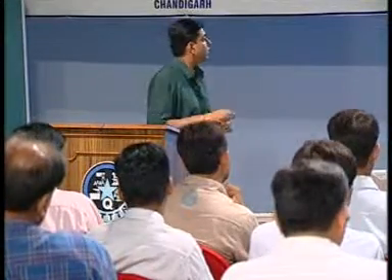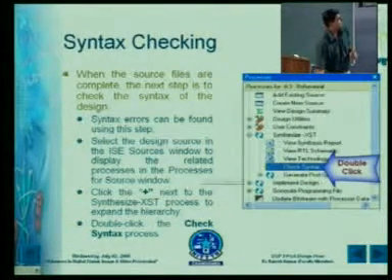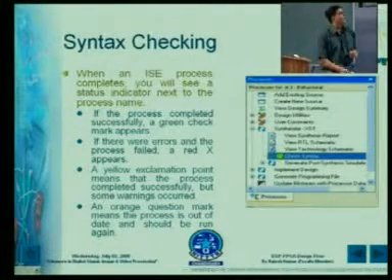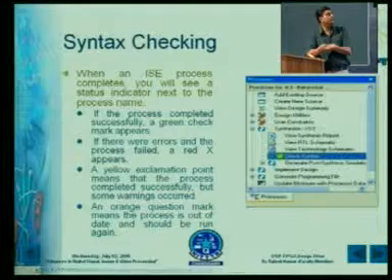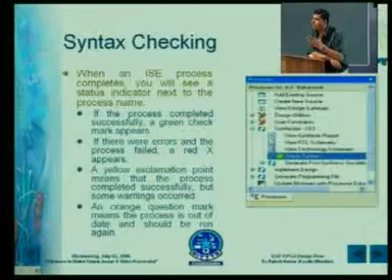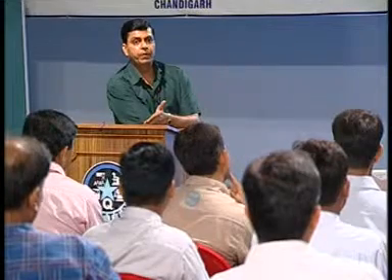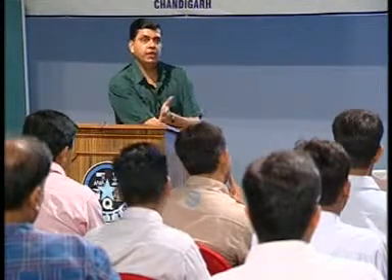Suppose there is no error, so you have to check the syntax, double click this one, and you will get this green check mark here. It means that your check syntax is complete and there are no errors in your program. It means that you can go ahead with your next part. First is code writing, second is check syntax, and then next is your implementation part. Now, our editing is complete, there is no error in our editing, now we can proceed further.